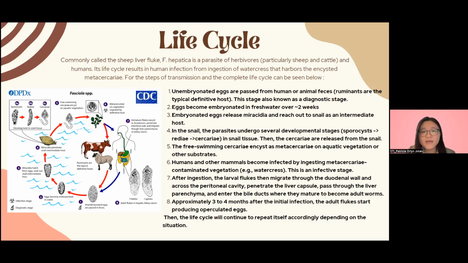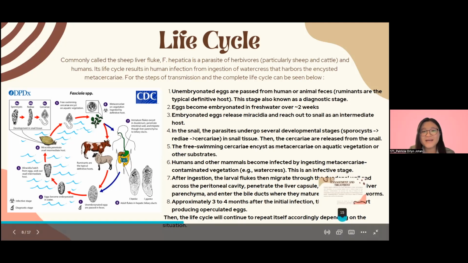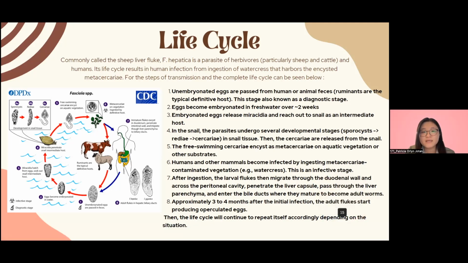The first one, unembryonated eggs are passed in human or animal feces. Ruminants are the typical definitive host. This stage is also known as the diagnostic stage. Second, eggs become embryonated in fresh water over 2 weeks. The third